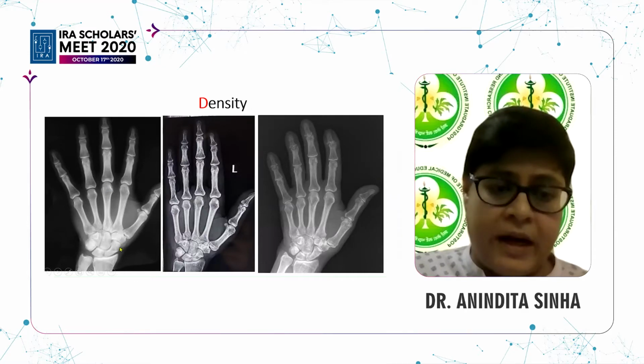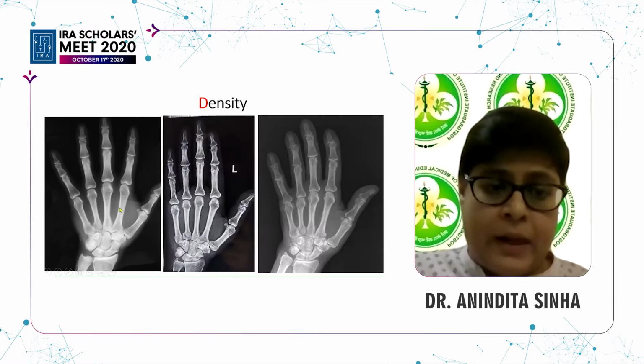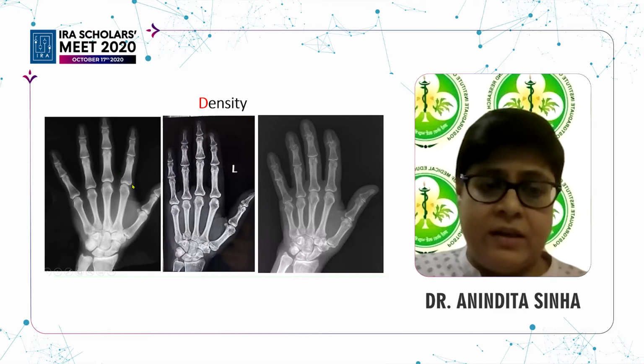So if you just go by the anatomy, this is the radiocarpal joint, and this is the distal radioulnar joint. This is the space between the distal radioulnar joint, and this is the proximal row of carpal bones, the distal row of carpal bones, and the carpometacarpal joint over here. If you see, there's not much of a density difference between the carpal bones and the base of the metacarpal bones, as well as the